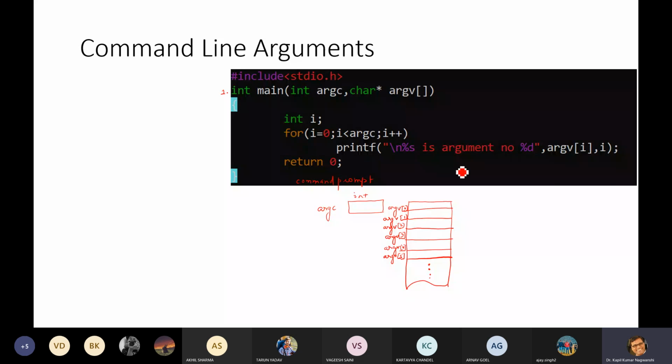So this is the impact of line number 1. Now come to the next line, int i. It will create another variable, integer i. This is of character type. Then the for loop: for i equals 0, i is less than argc, and i plus plus. Let us do